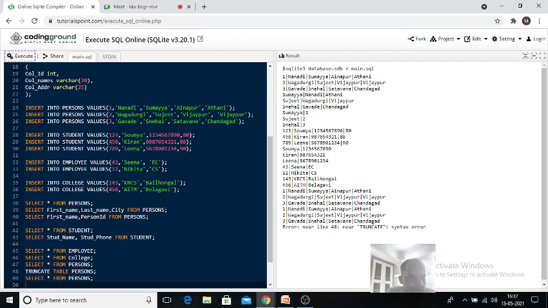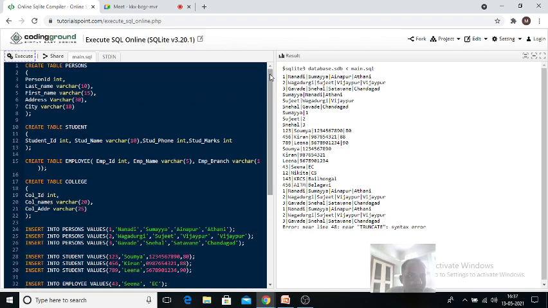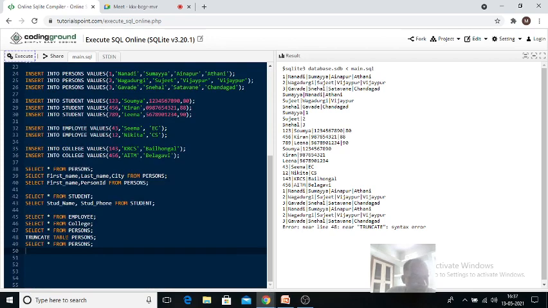Why is it not truncated? Okay, table. Truncate table persons.